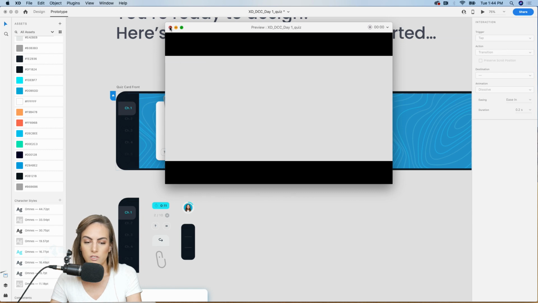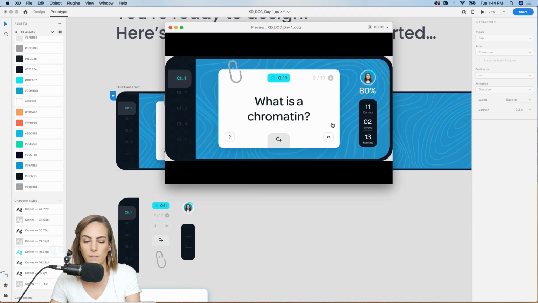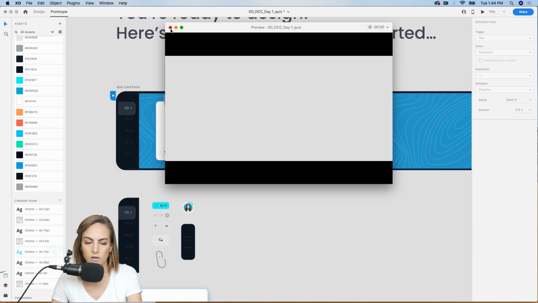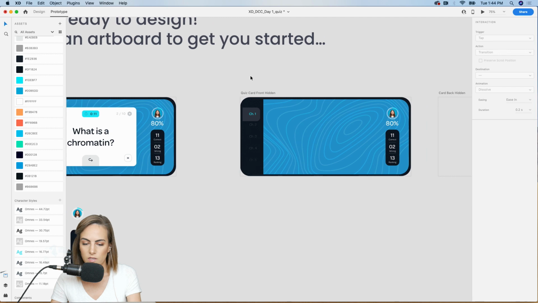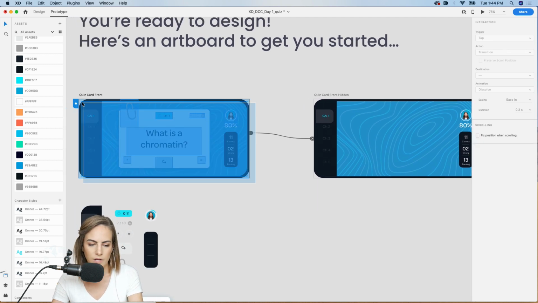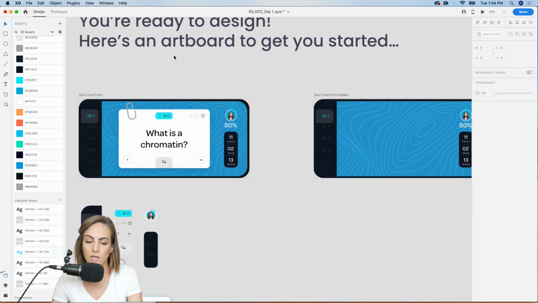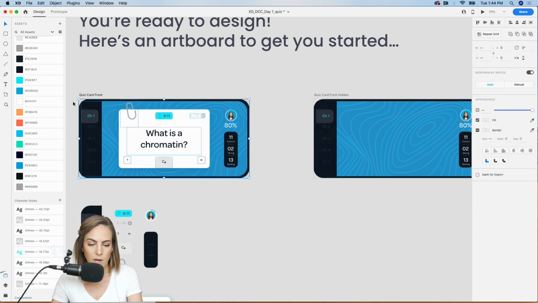Okay, so did you see that? It was kind of quick, but everything is going towards the center, and then for the opposite side, it will open up in the opposite way. So click, and it all goes towards the center. Okay, so that's good. Let's go ahead and go back over to the design tab, and then we'll copy everything